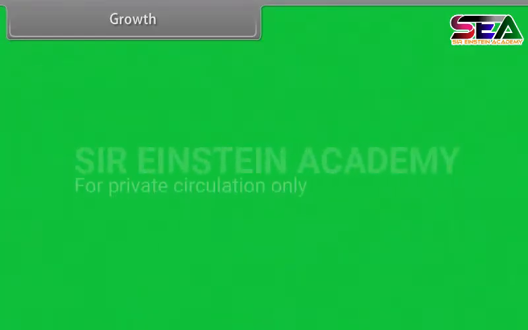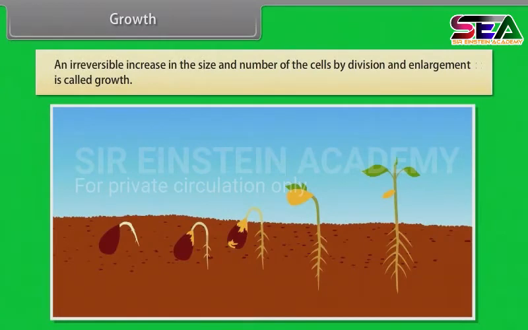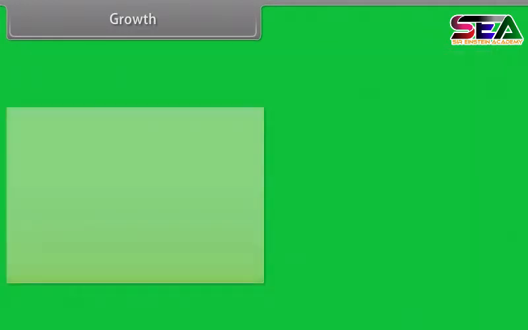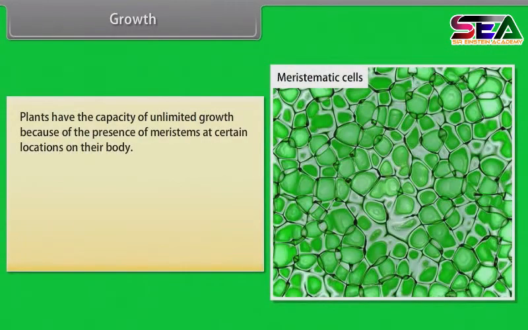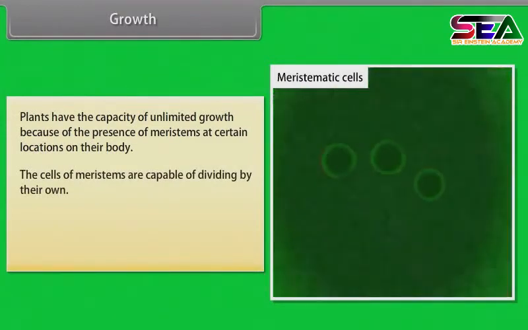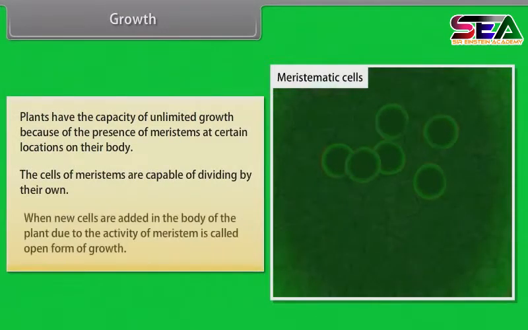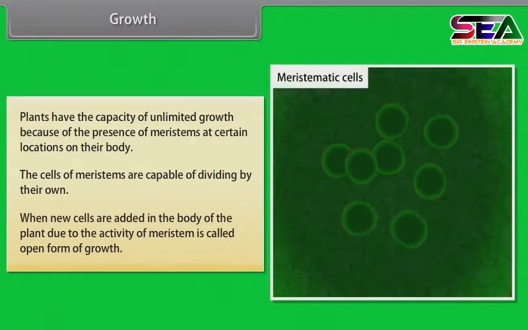Growth. An irreversible increase in the size and number of the cells by division and enlargement is called growth. In plants, the growth generally is indeterminate. Plants have the capacity of unlimited growth because of the presence of meristems at certain locations on their body. The cells of meristems are capable of dividing by their own. When new cells are added in the body of the plant due to the activity of meristem, it is called